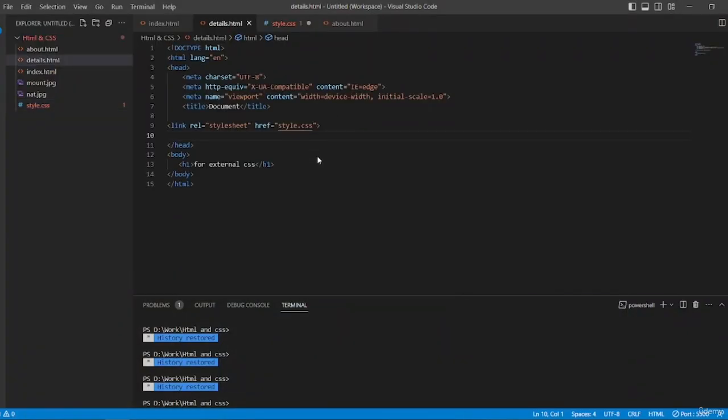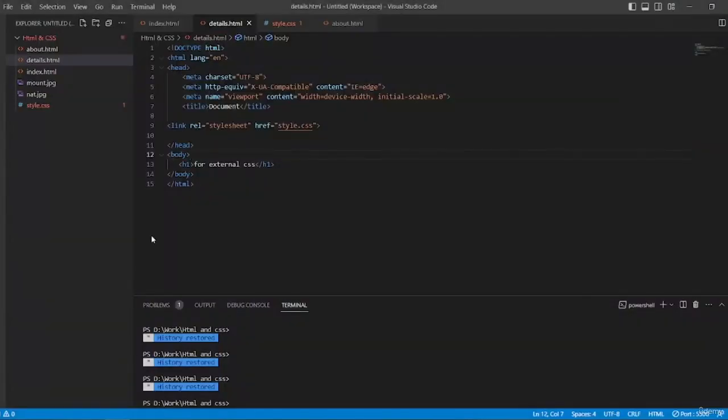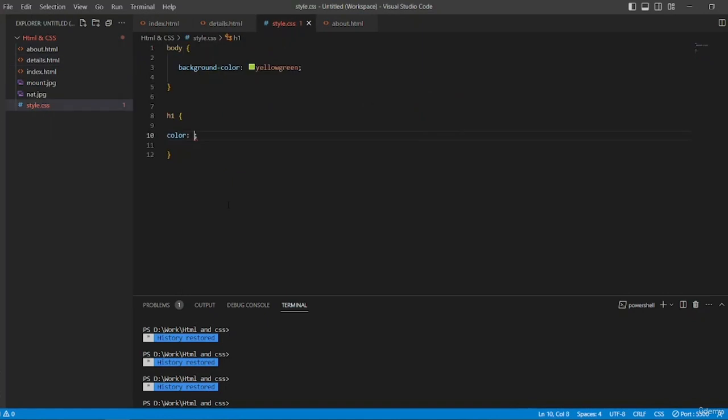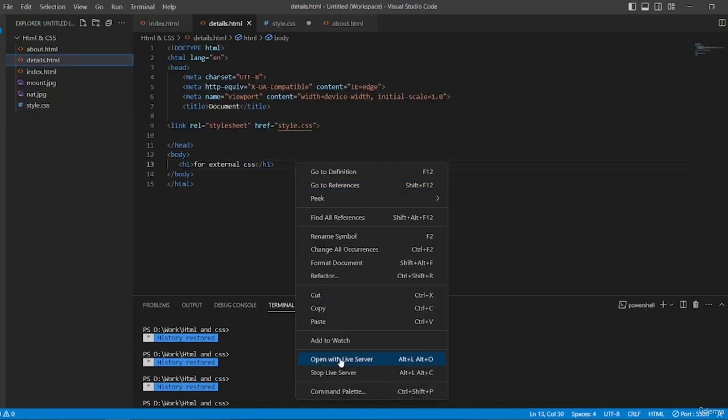Now if I run this in the live server, you can see that the color is black, but I want to change it to some other color, like let's say red. Now once we've given red here, we want to run it. So you can see that the color has changed to red. All right,